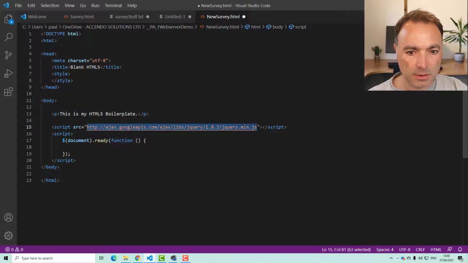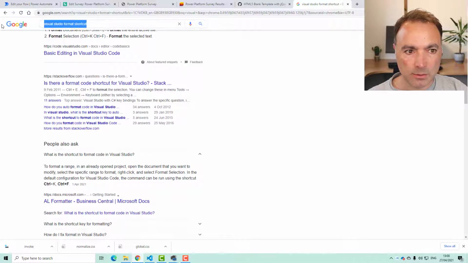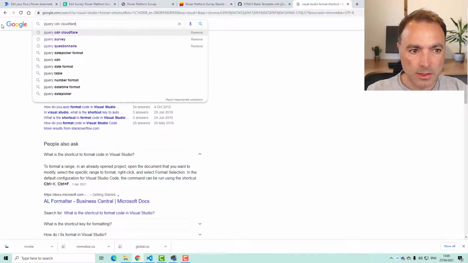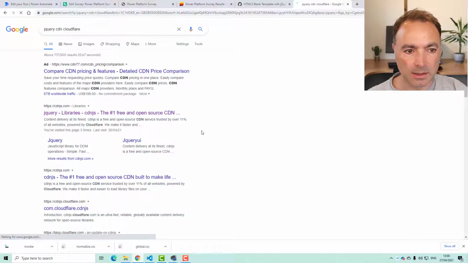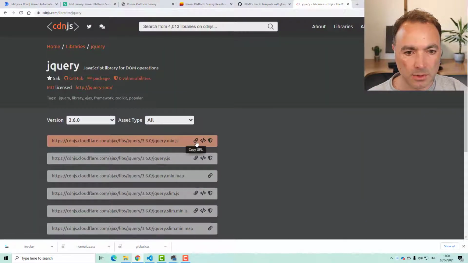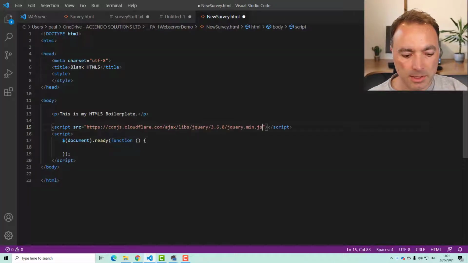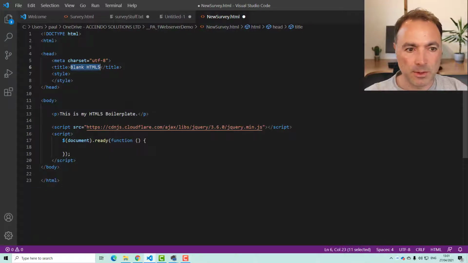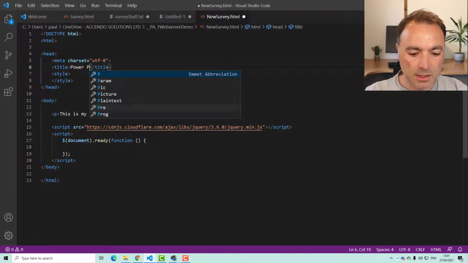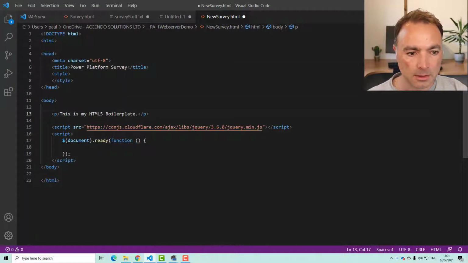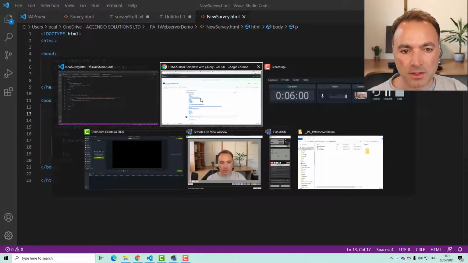This is an old version of jQuery, so we'll get rid of that and we'll search for jQuery CDN Cloudflare, and we'll just take this latest one, copy that URL and paste it into here. Okay, so now we've got a nice blank bit of HTML to work with. And we'll change the title to Power Platform Survey. Alright, let's save that.